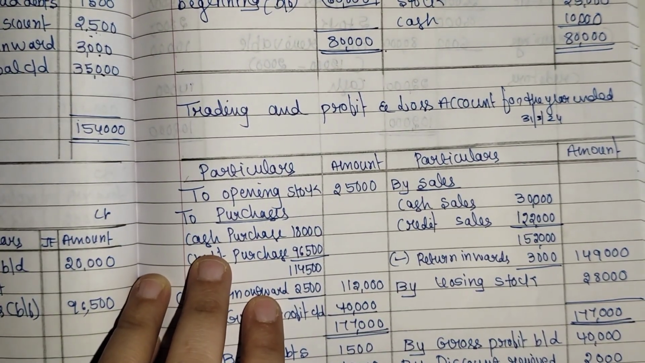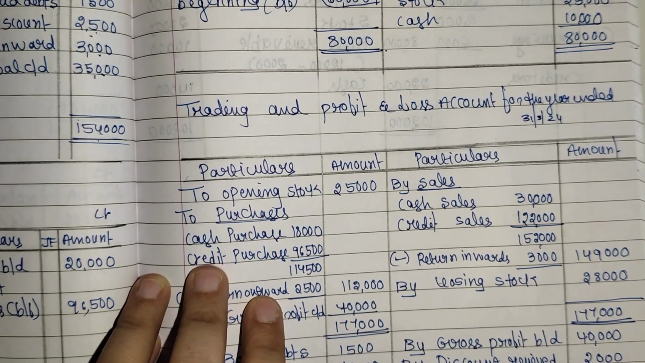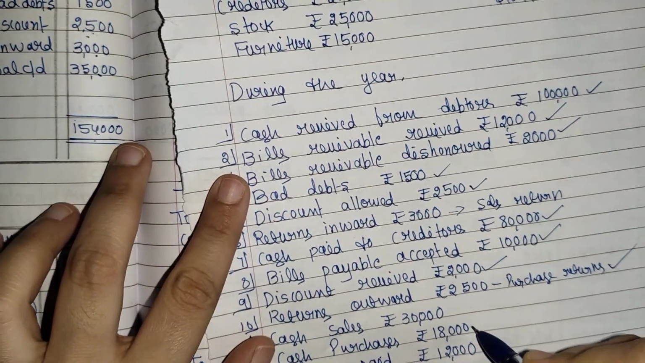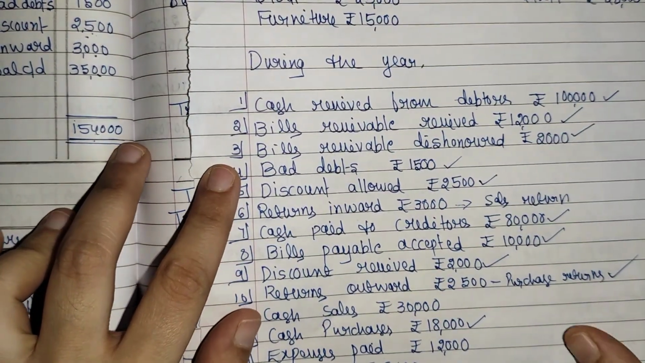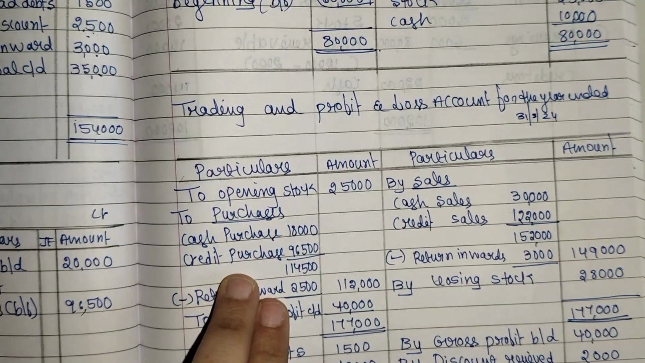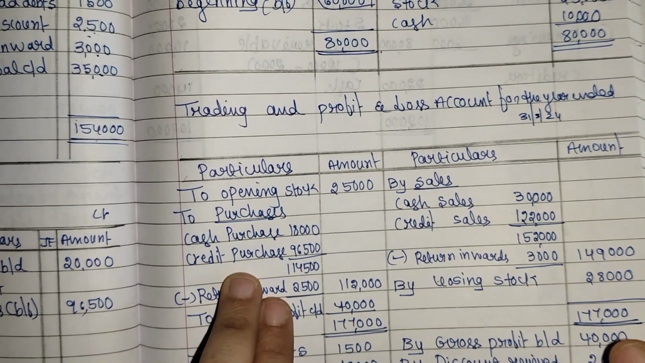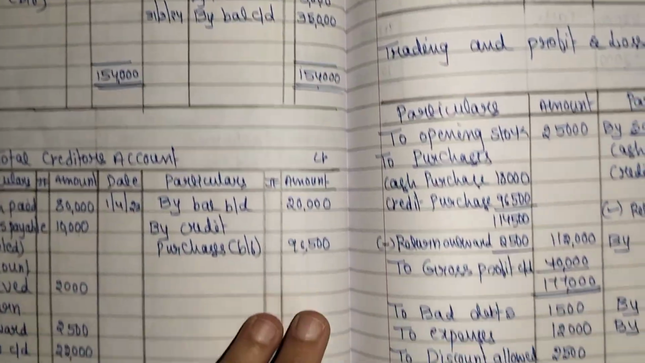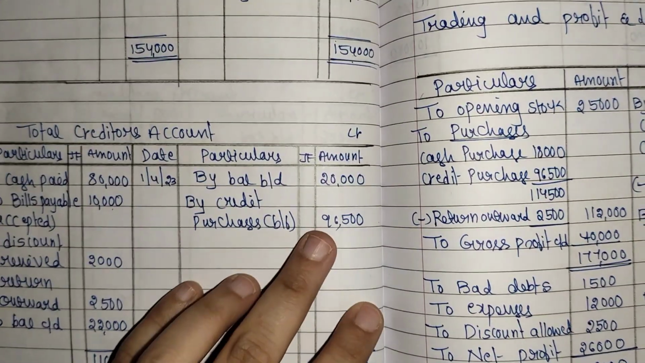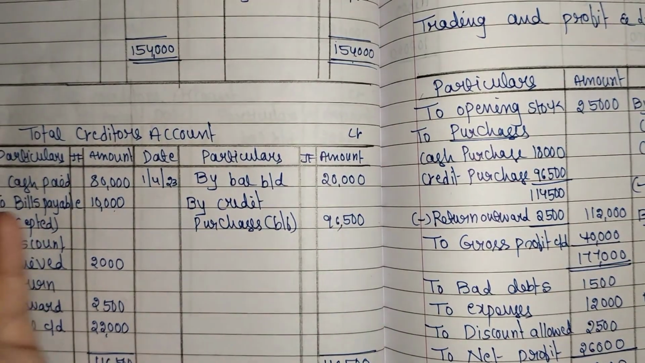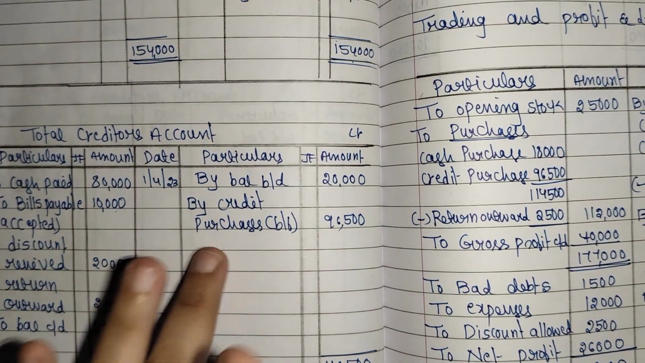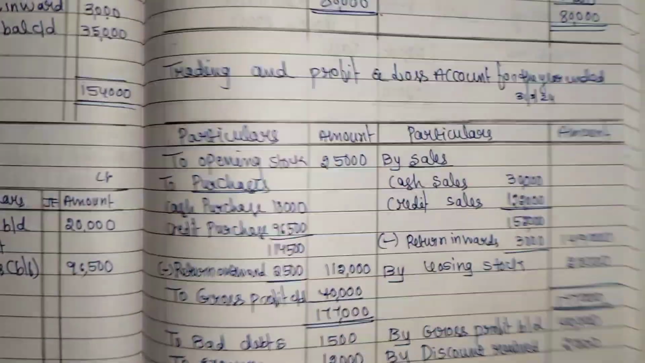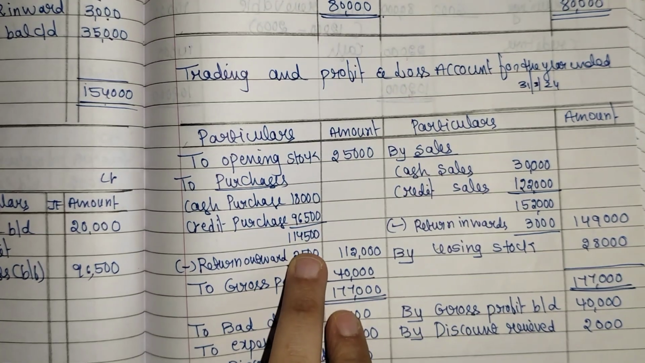In that, cash purchase will also come and credit purchase will also come. So what is our cash purchase? See here, cash purchase rupees 18,000. Write down 18,000. Now credit purchase, that is rupees 96,500. Here we have to find out the amount. If we prepare the creditors account, we are able to find out credit purchases, that is rupees 96,500. Clear? Total of these